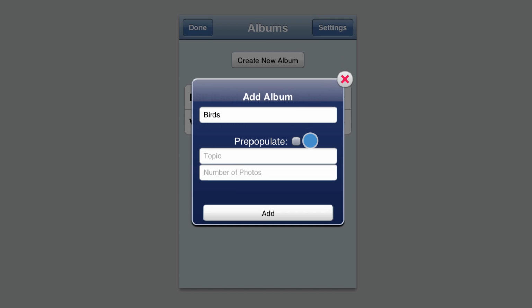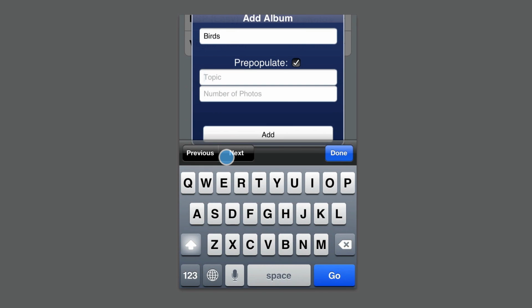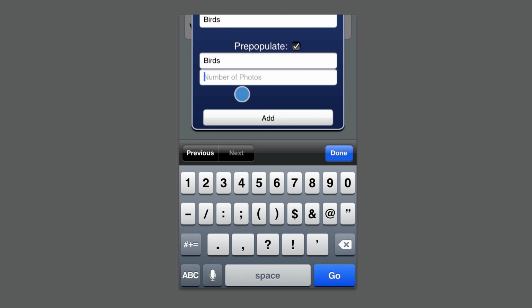Underneath Birds, you can choose to either populate an album with your own photos, which we're going to see in a second, or you can pre-populate an album with photos that are from the internet that have a particular topic. So in this case, I'm going to check that off. And under the topic, since we call this folder Birds, let's just type in Birds. Okay, and for the number of photos, let's type into here 7 photos that we want to bring in,